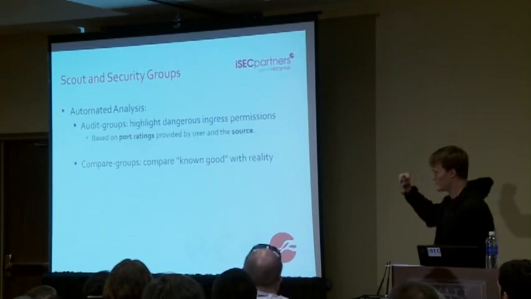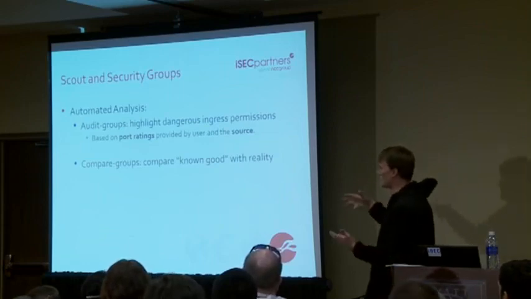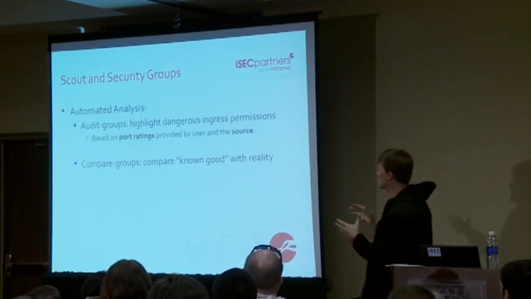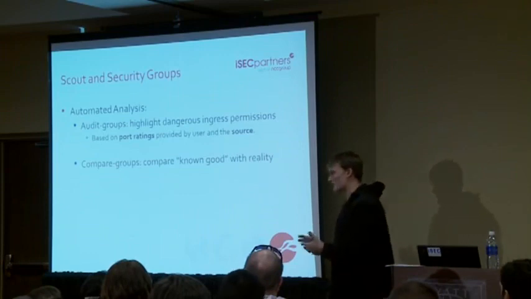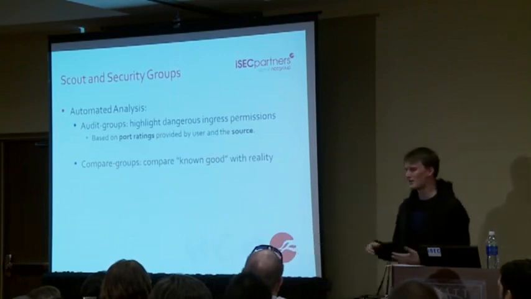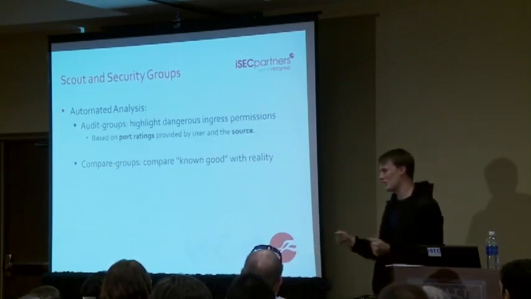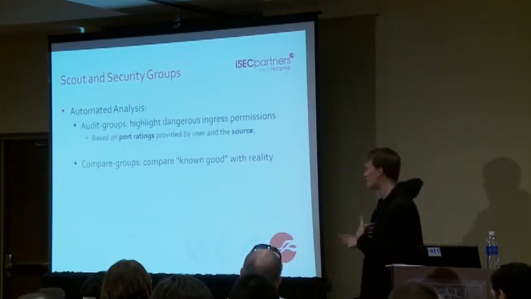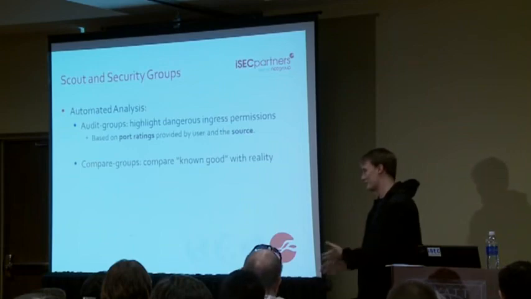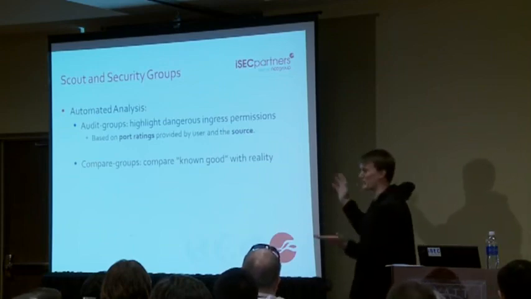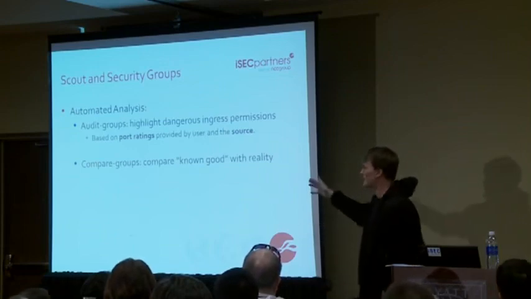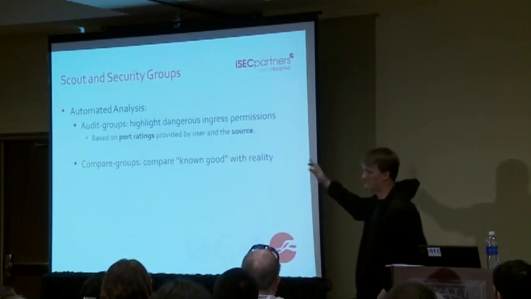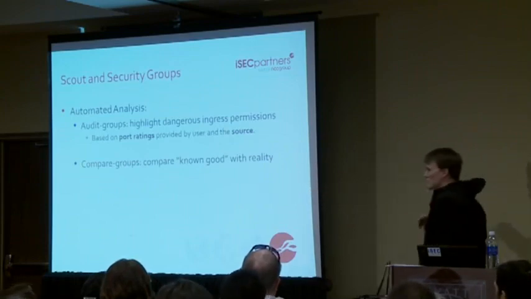Automated analysis. One thing we wanted to do was audit groups and highlight potentially dangerous ingress permissions. Oftentimes developers will add things unknowingly and then just leave it there, or you might have a consultant like myself come in and require access to your production, and you'll grant me access and then you'll just forget about it, right? So the idea here is based on port ratings and based on the source, we'll give you some sort of